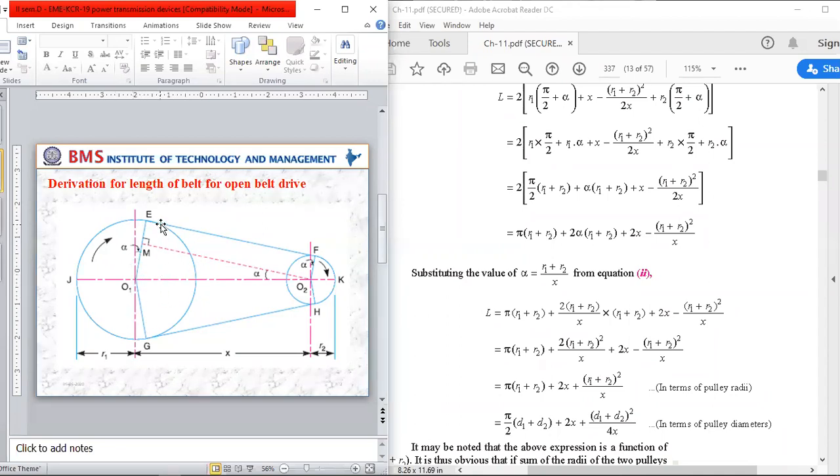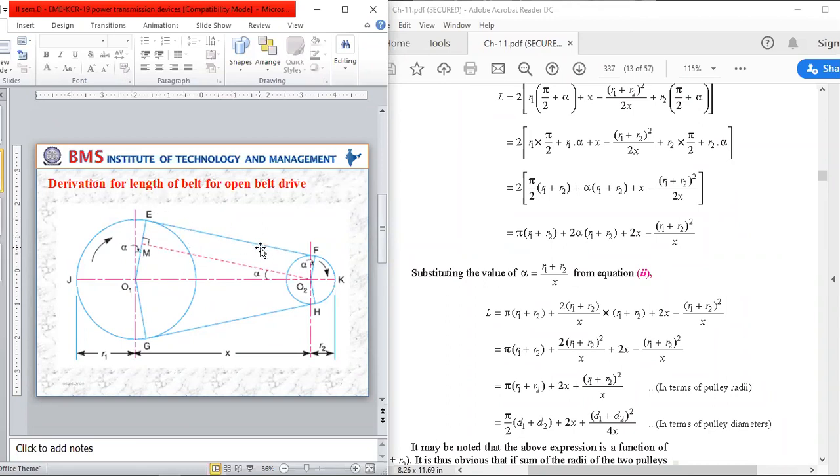So here the length of the belt is nothing but we need to calculate from G to J, G to E, then E to F, F to K, K to H. So these lengths are split into three parts. One is the arc length on the larger pulley, one is the arc length on the smaller pulley, then the linear lengths which are EF and GH. Once you know these three splits of the length of the belt, then finding each individual length is automatic. The arc length of GJE is nothing but twice that of the arc JE, and we can find it using the equation L is equal to R theta, and then the linear length.